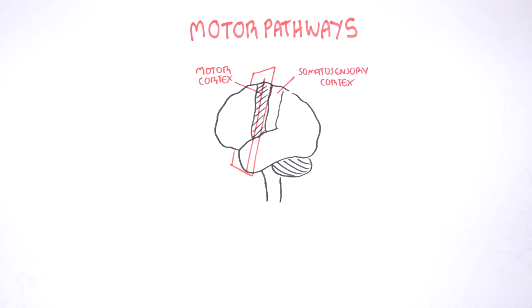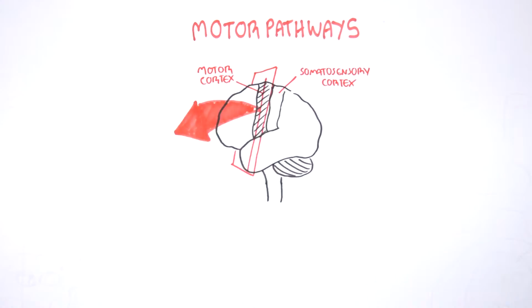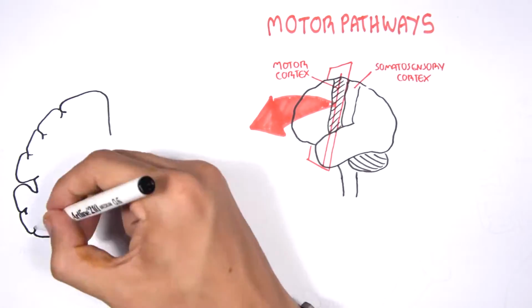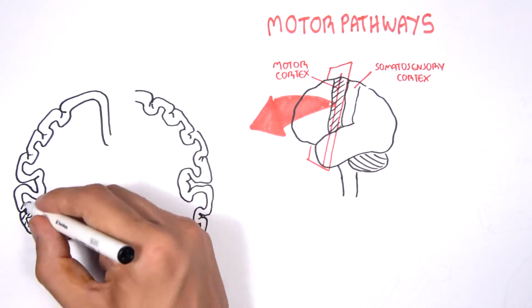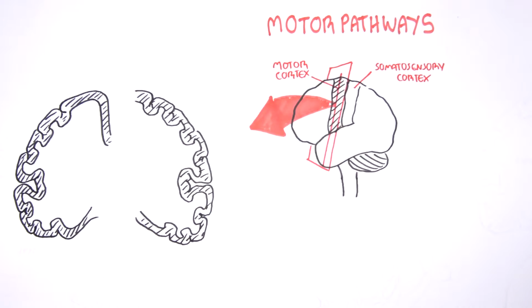So here is the cortex of the brain. It is made up of the outer gray matter where synapses are, and then there's the inner white matter which contains myelinated axons. On each side of the cortex, right and left, there are areas that represent a particular region